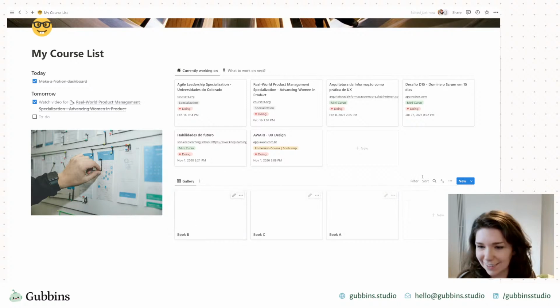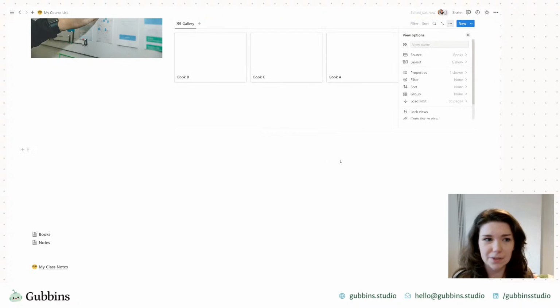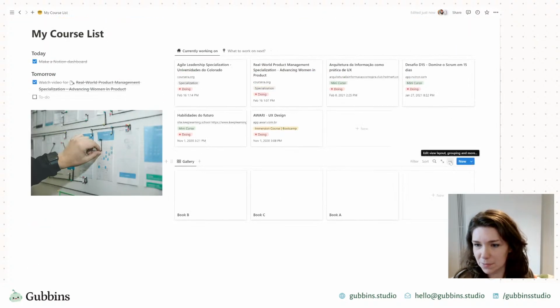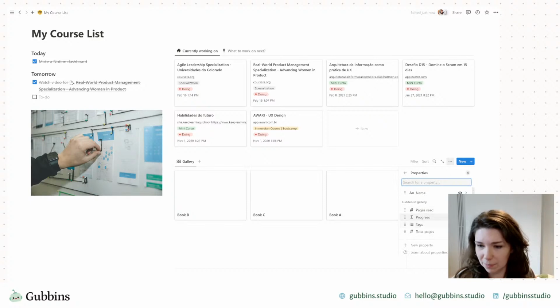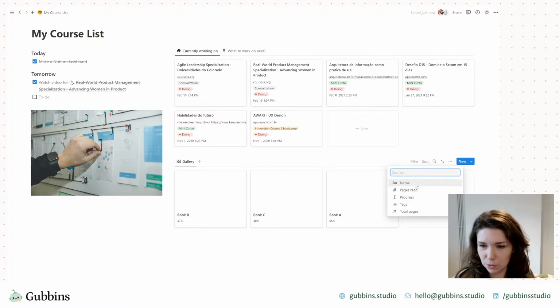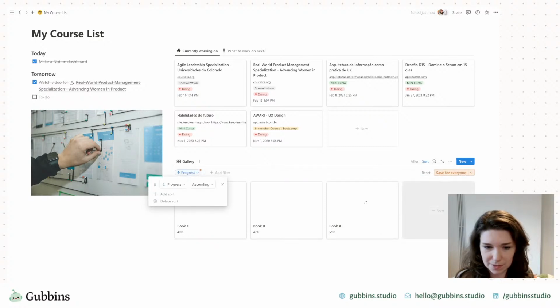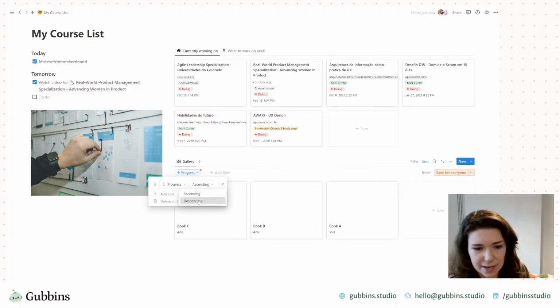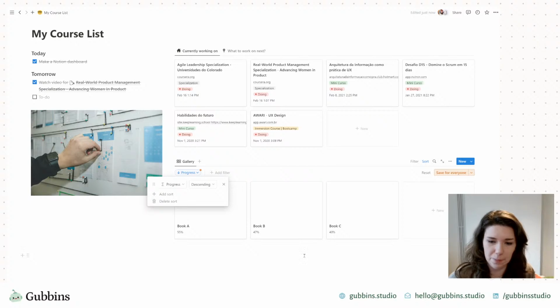Hide the title. Going into the triple dots, properties, and bringing up that progress that we created before. And then you can also sort this by progress %, descending, so you can see the books that you have read more of being brought to the top.